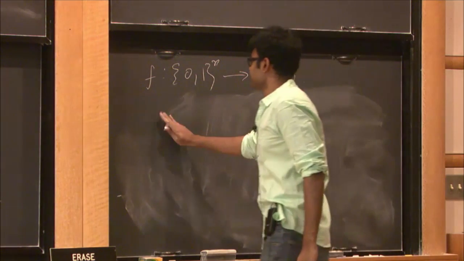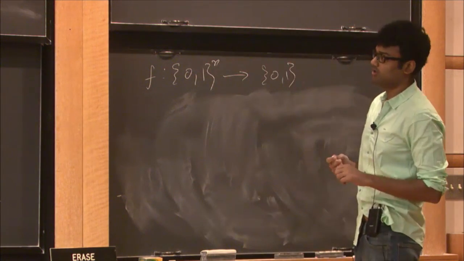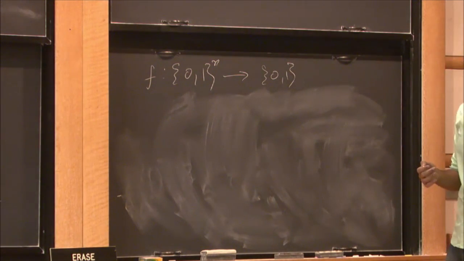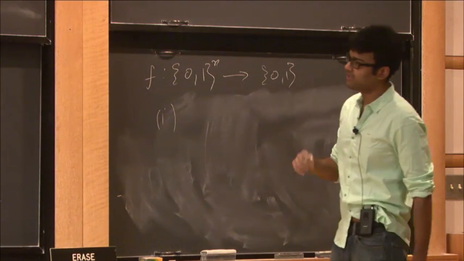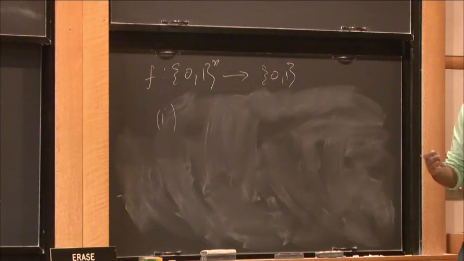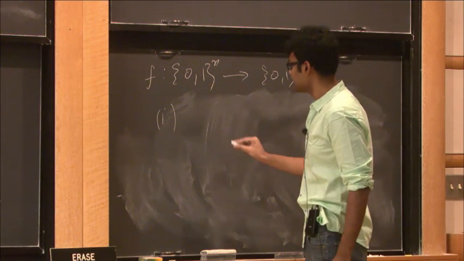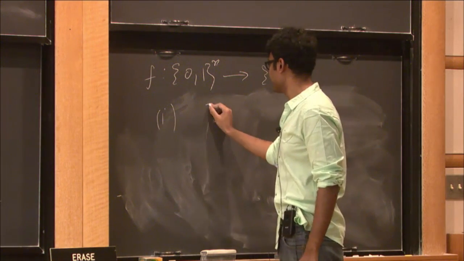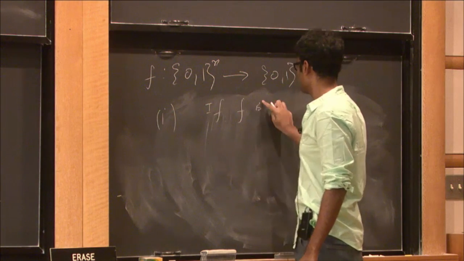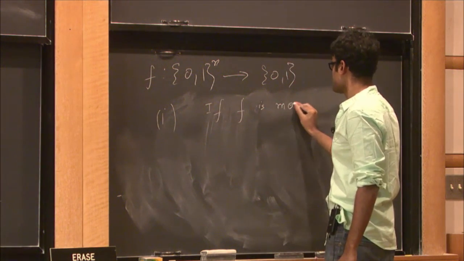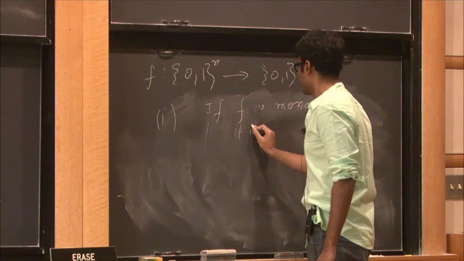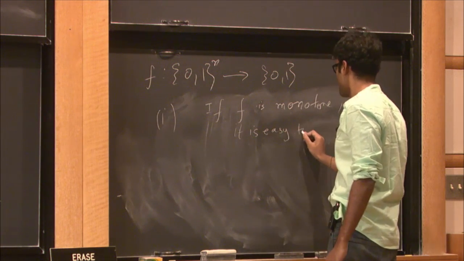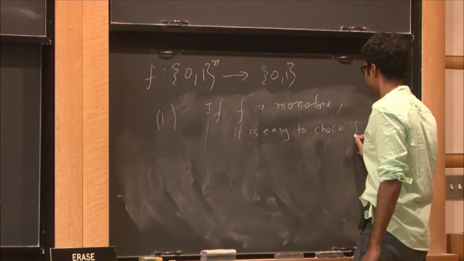All right. So there are 2 observations which lead to this lemma, and the first is, let's forget that f is in AC0. Let's just use the property that it's a monotone function. Then the observation is that if f is monotone, it is easy to check if,